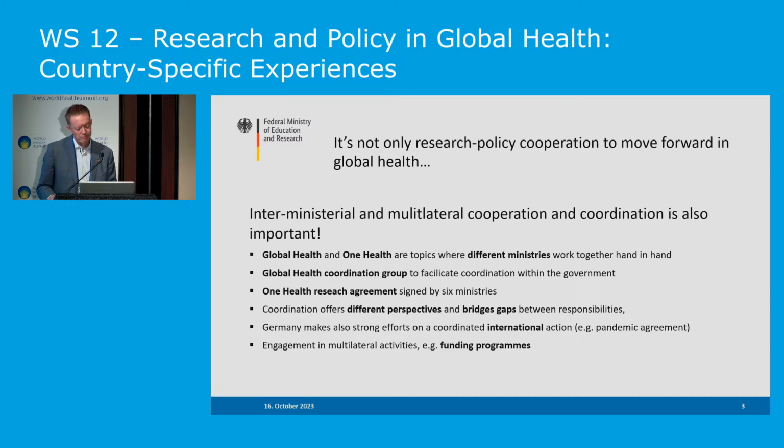And this is, I think, only the first step. What we need is also, of course, a better international coordination. And the German government is a strong supporter of multilateral activities, for example, in the G7, G20, and also in the WHO. I would like to mention also the ongoing negotiations on a pandemic agreement and on the international health regulation, where we as German government are involved, and we are a member of the so-called Team Europe, and we like to really